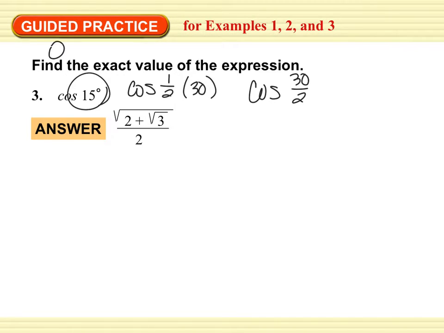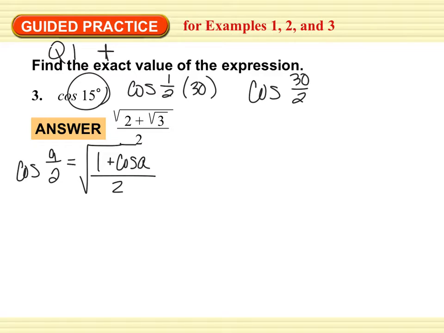This right here is quadrant 1, which cosine is positive, which is nice. So I'm going to do cosine A over 2 equals the square root of 1 plus cosine A over 2. So if I look at my special triangle,